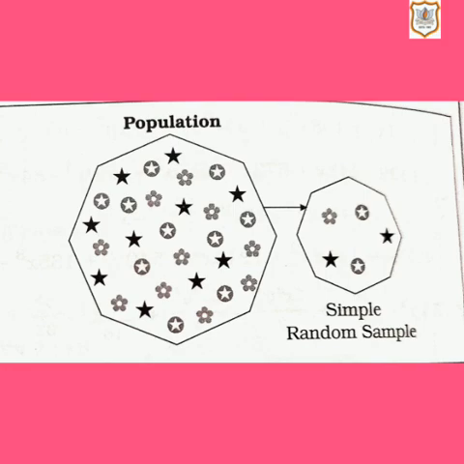For example, if your class teacher wants to select the class monitor from 40 students, then a lottery method or a lucky draw method is to be done for such random sampling. So, in a box, chits are kept and randomly any chit will be taken out and that will be the class monitor. So all the 40 students are getting equal chance to be selected. So that is called simple random sampling.